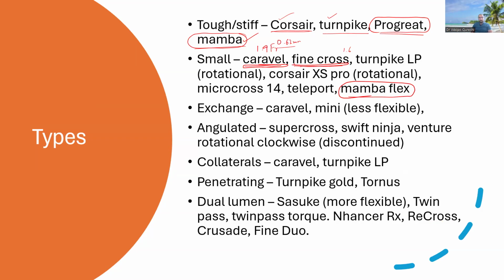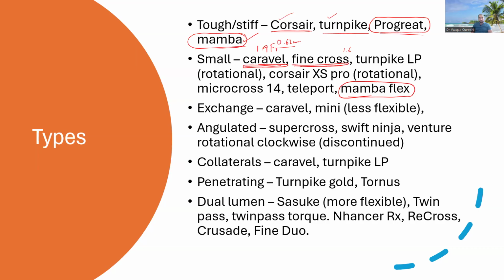Fine Cross is nicer in the way it also goes through tortuous vessels. However, it also has a good push, which I like about this type of catheter. It is a stainless steel braid construction. As I said,